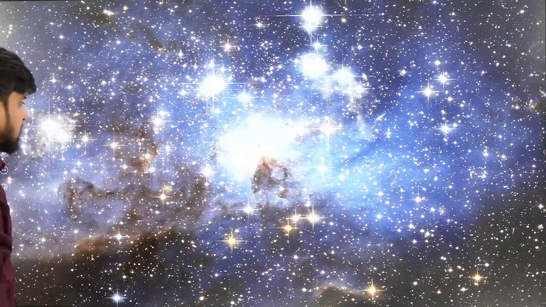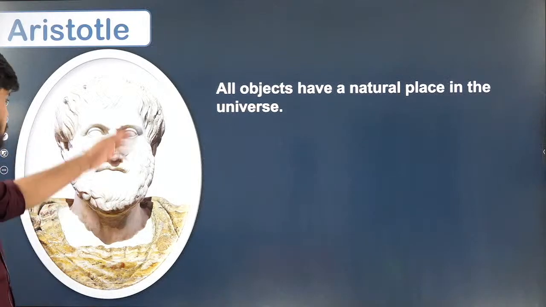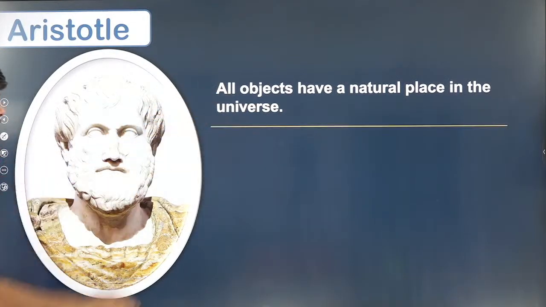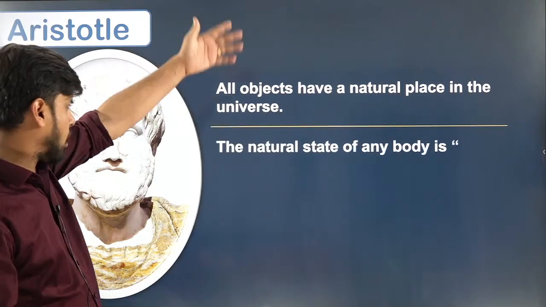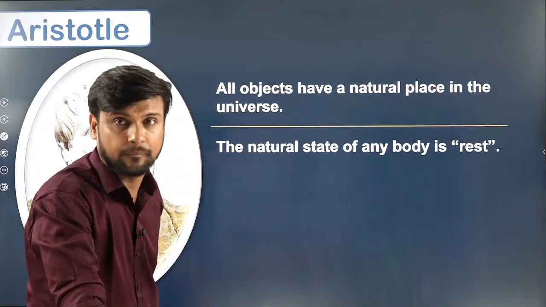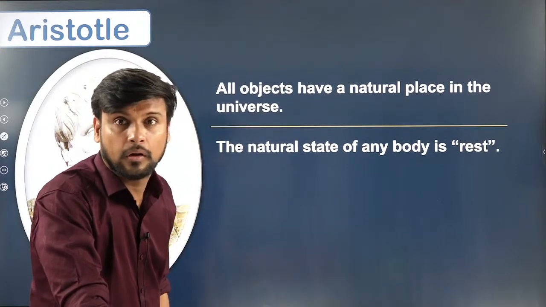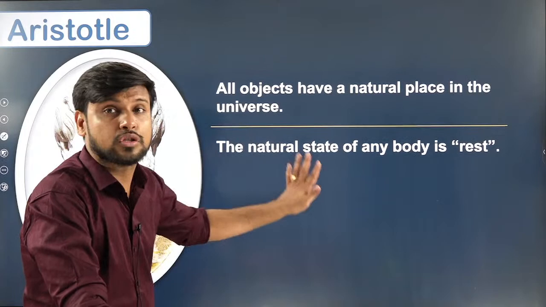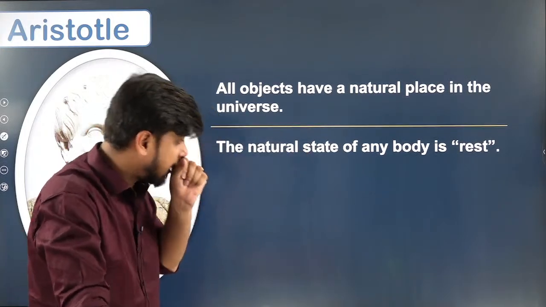Just like these stars will also have their natural place. So what was the actually complete statement of Aristotle? Aristotle said all objects have a natural place in the universe, and what is that natural state? Although he was not correct, right? He was not